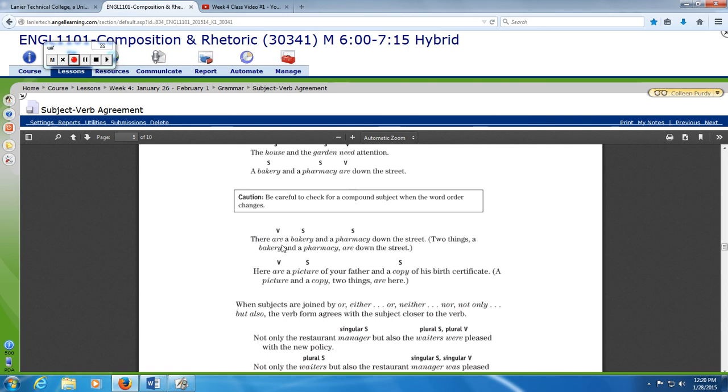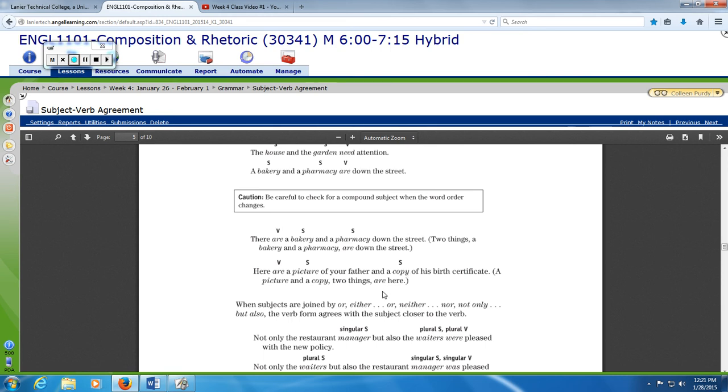A bakery and a pharmacy are down the street. That's much more active than there are a bakery and a pharmacy. Okay, just know that the subjects are behind the verb in this case. Same with here. You've got a picture and a copy. Those are your subjects, and those are compound. Of your father and of his birth certificate are prepositional phrases, so they're not your subjects